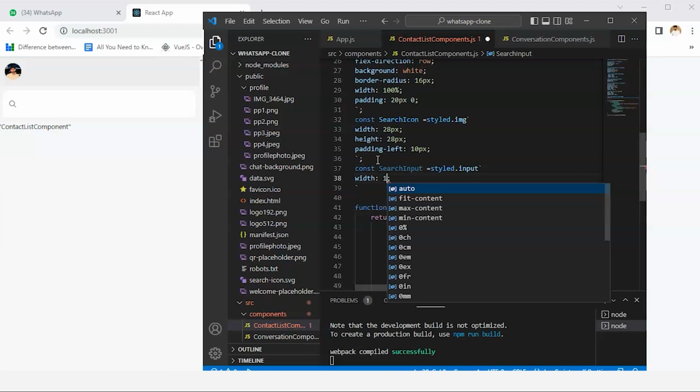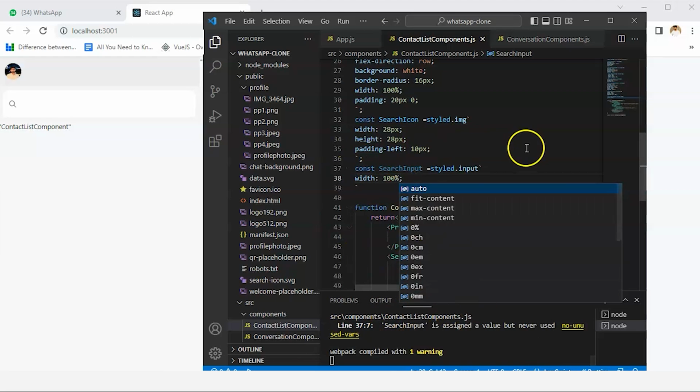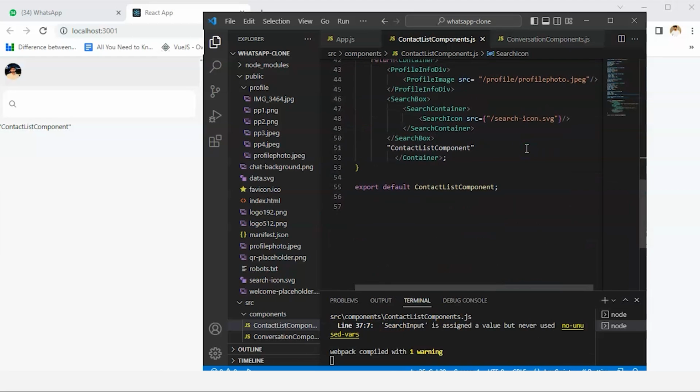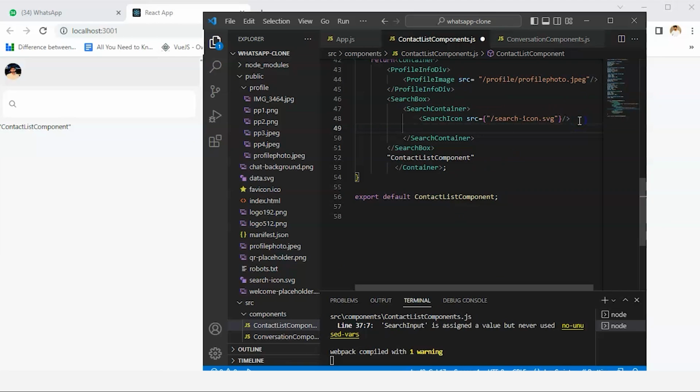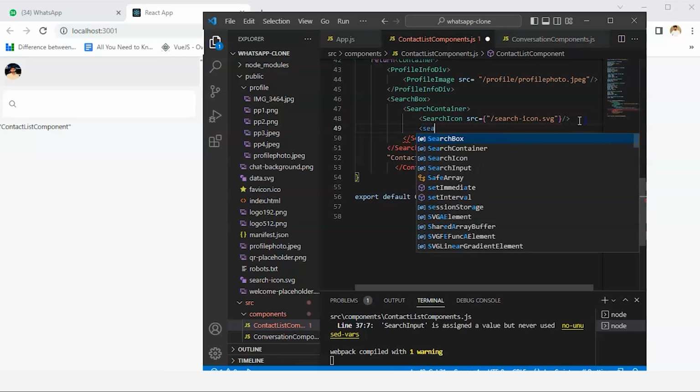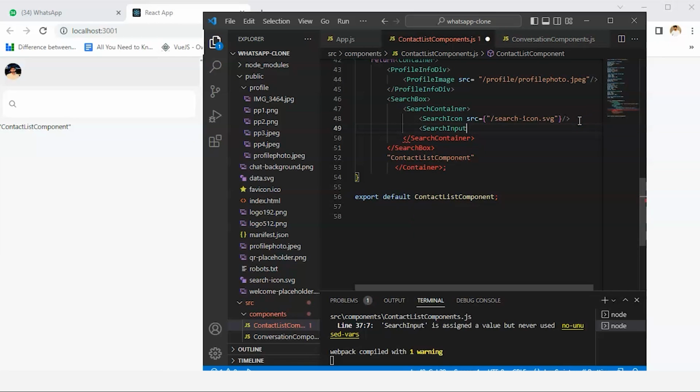Width to give 100%. It's showing error. It's fine. I know why it's showing error. After that, let's here only write search input